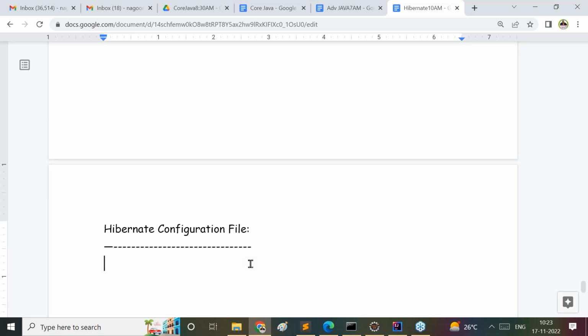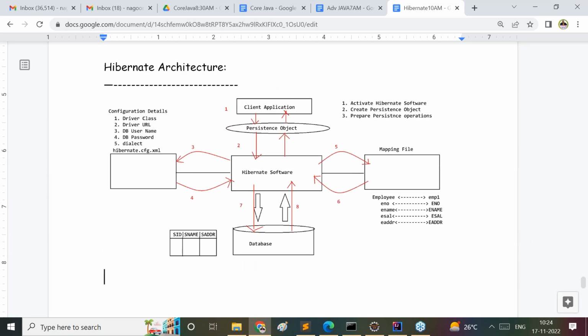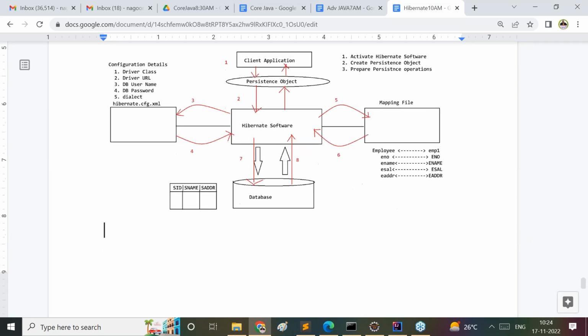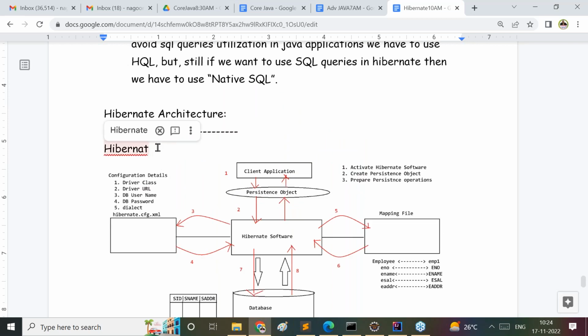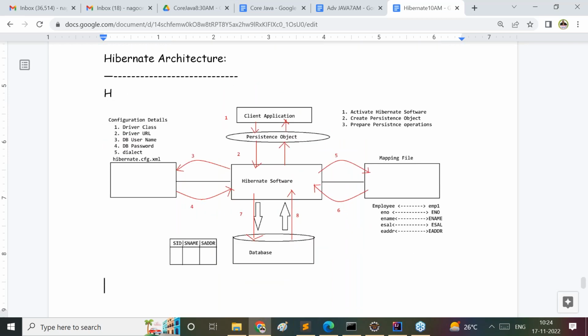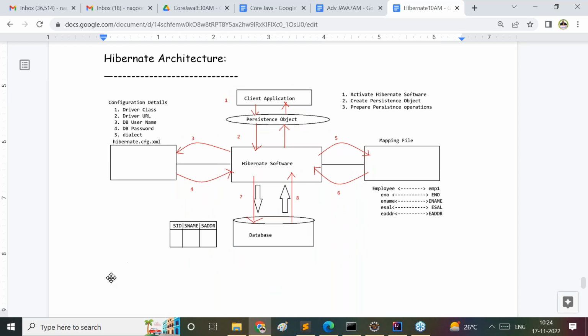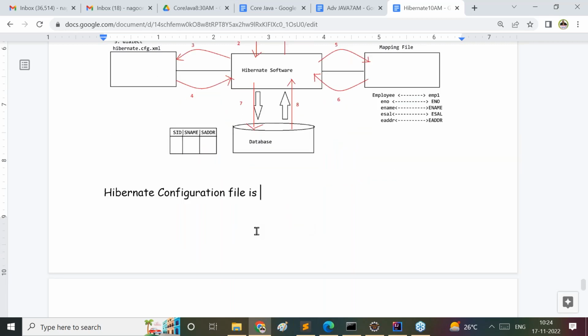Right, sir. Now, anyway, it's not like there is any separate heading here. We can just specify the information here. Right, sir. Now, in this overall scenario, here we have to understand the Hibernate configuration file. What is it able to do there? The Hibernate configuration file